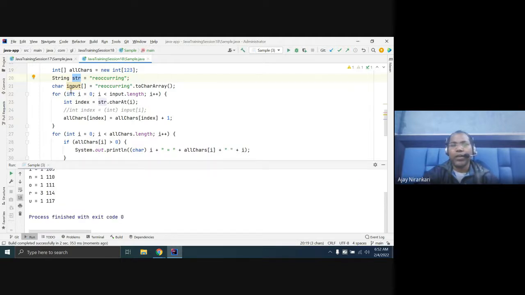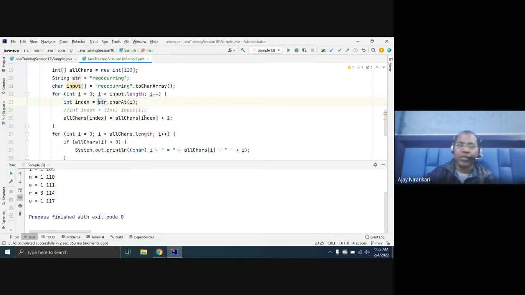If you have a character array, then you can use the index. The only change is the method. Here you are getting the position. So we have both options. If you have a direct string, then you can use this way. If you have an array, then you can use this way.